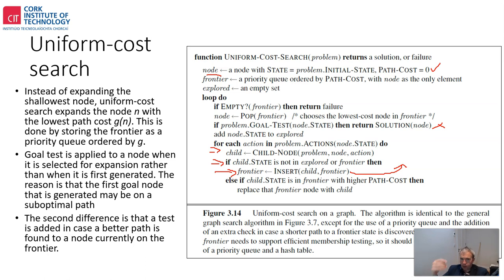Okay. And again, when all step costs are equal, breadth first search is optimal because it only expands the shallowest unexpanded node. So we're talking about breadth first search there. So by extension, we can find an algorithm that is optimal with any step cost function. Instead of expanding the shallowest node, uniform cost expands the node with lowest path cost. And again, that's down to our ordering function and combining it with the priority queue. Okay,